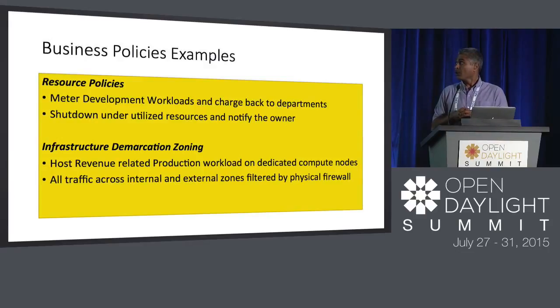So anyway, the resource policy example I have is from a business. It could be a resource policy. I want to meter. So I have multiple departments. I have a shared infrastructure. I want to meter it. And then I want to bill individual departments, and certain things happen, like my infrastructure usage exceeds a certain limit, or there is a threshold, or if there are some underutilized resources, then I want to set something up, right? So that's one. The second one is infrastructure demarcation. In my example, we have factories, you have office, you have the design computers, and I want to keep them separate. There are business reasons for doing that. There could be security reasons for doing that too, right? So I'm separating those. So that's one example.